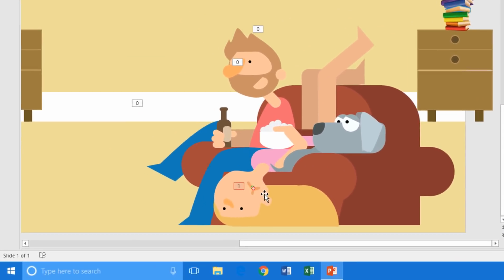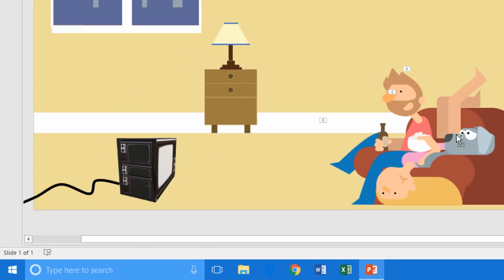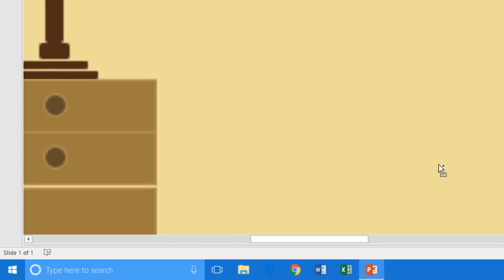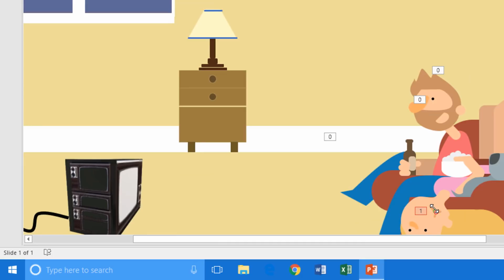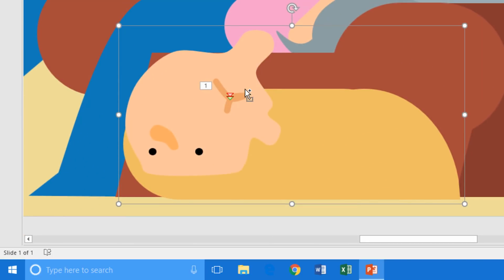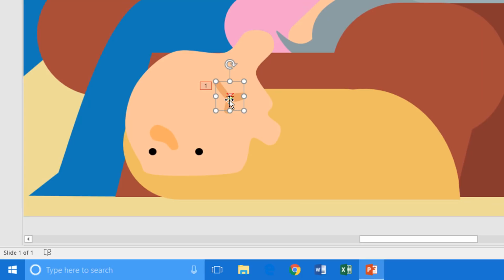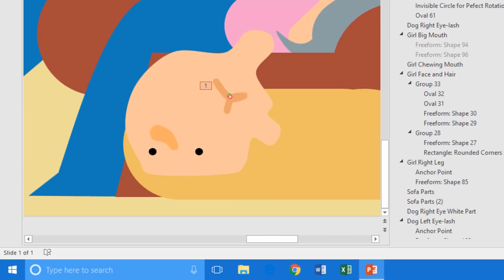You can hold down the control key and then you can use the middle mouse button to zoom in and zoom out. And let me tell you one more thing. If you select something and then you zoom using the control and middle button, then it will zoom to that particular object. So I need to open the animation pane and select that animation, and I need to move that